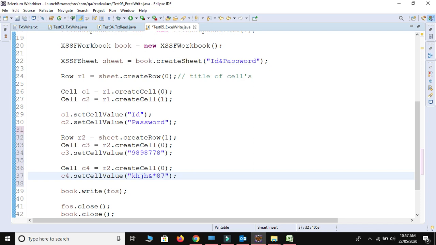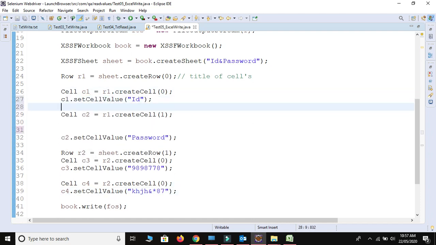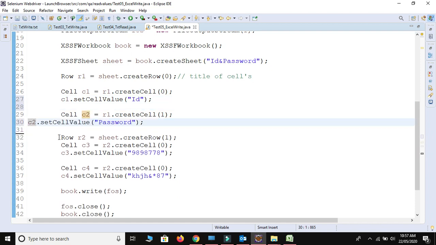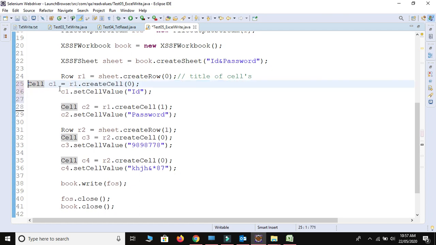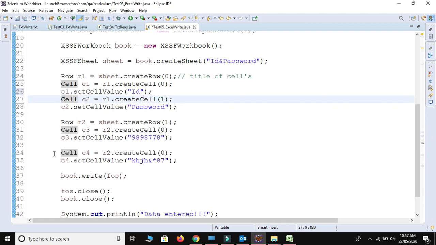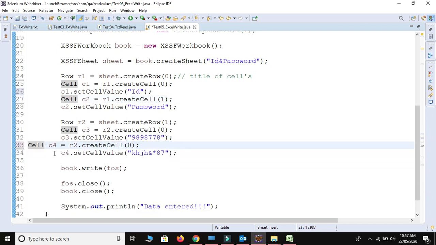Okay, Control Shift F and Control Save, and let me write here like this, so it will be more meaningful. Let me remove this space also. I will try to make it more meaningful for you guys.